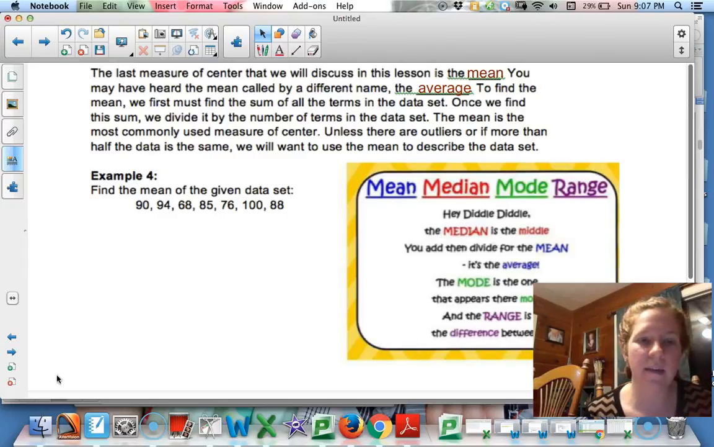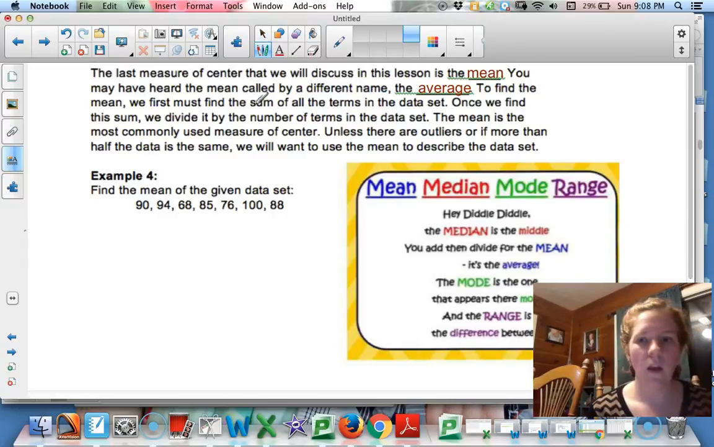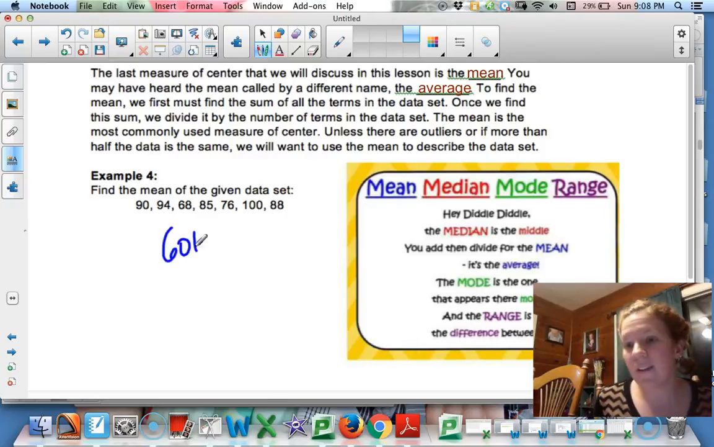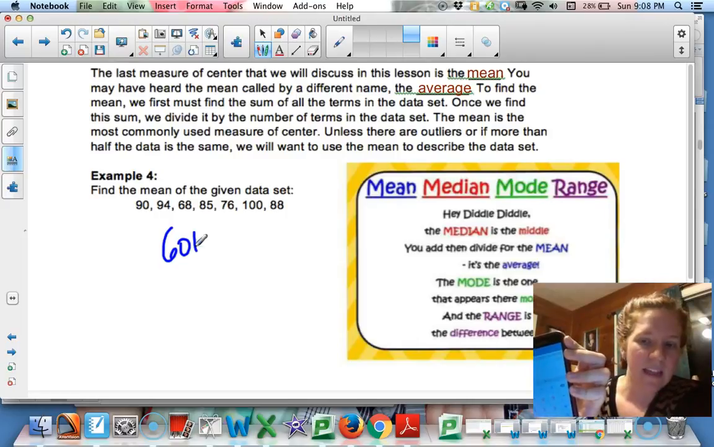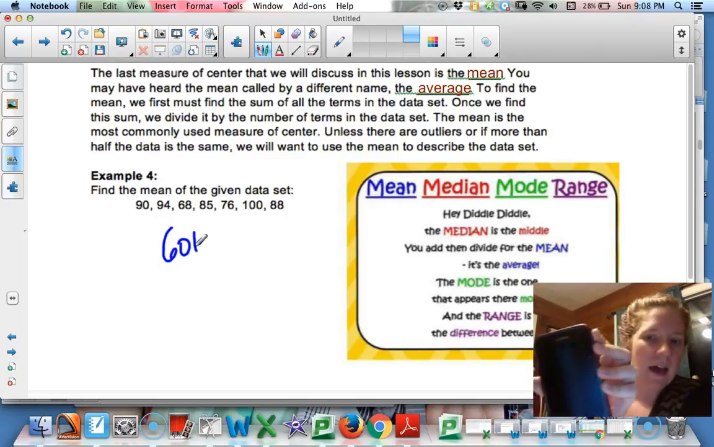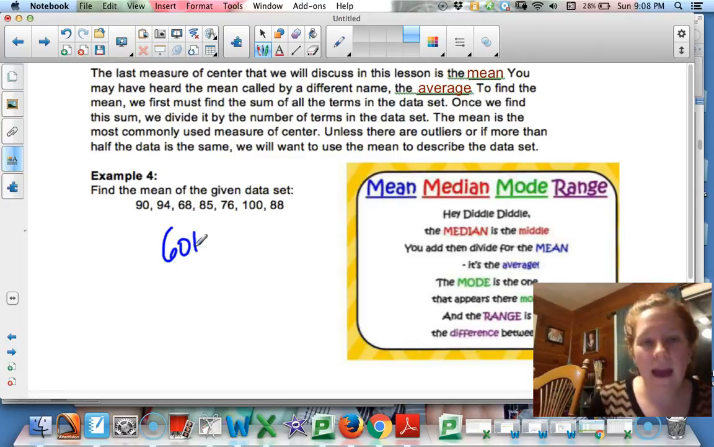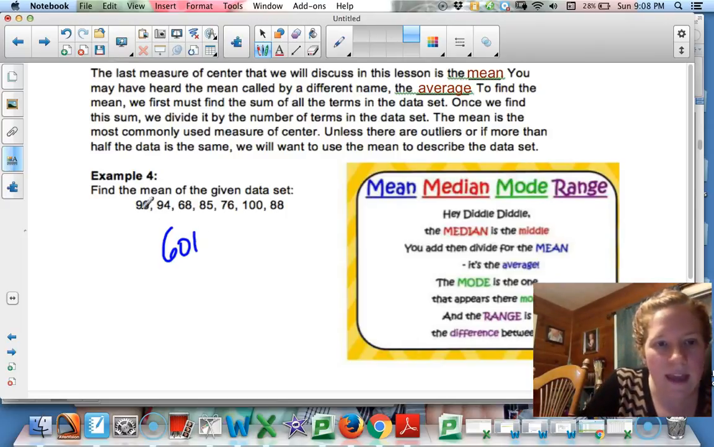So I'm going to take a minute to pull up my calculator and add these numbers up, and I'll be right back with you. Okay, so when I added these all up, I got 601. I recommend adding them up at least twice to make sure you got it right, unless you've got a calculator or a phone where you can see that you've put them all in correctly. But either way, I got 601, and now